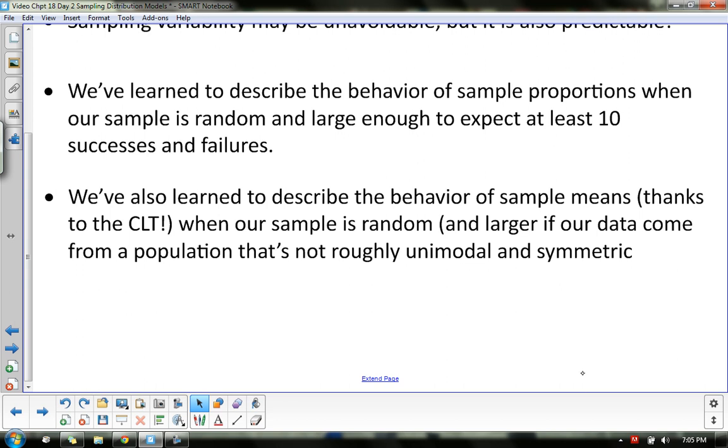Okay, so there's a lot going on here. We've basically said that it does not matter the distribution of the population. One sample will mimic that population distribution, but the more samples you do, the closer and closer you will get by the central limit theorem to a normal model. A model that is centered at the population's true mean, whether that's the average proportion or the mean of the population, and the standard deviation of your sampling distribution is the original standard deviation divided by the square root of the sample size.